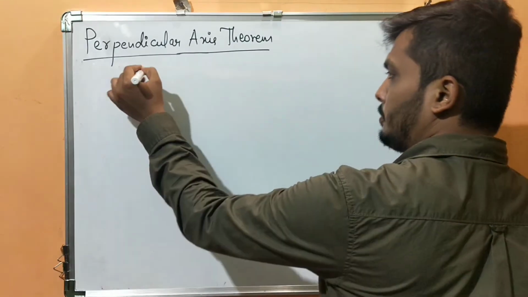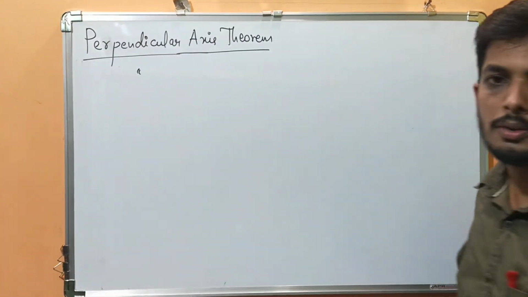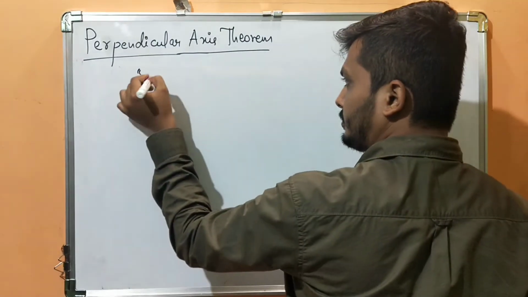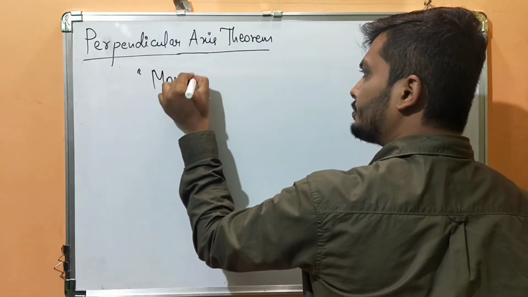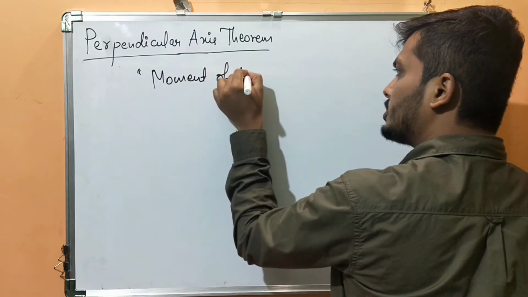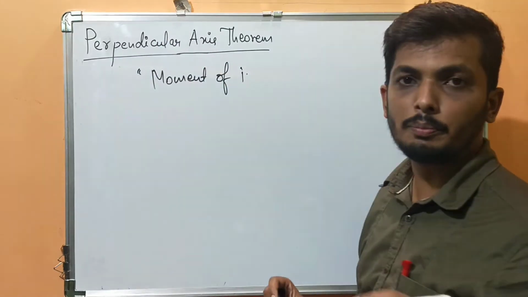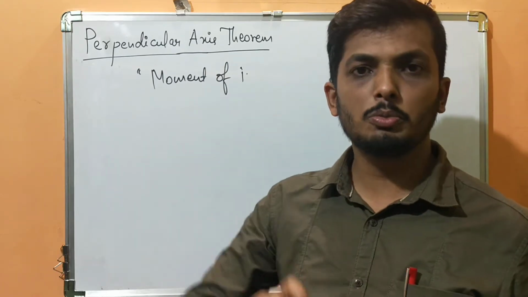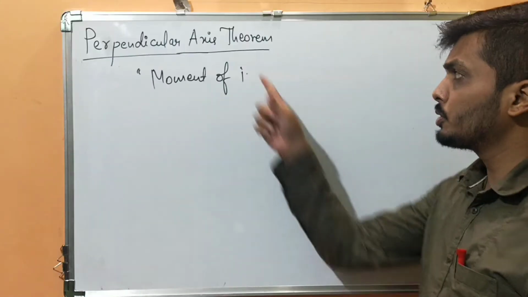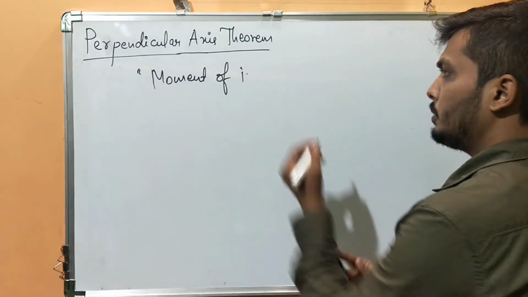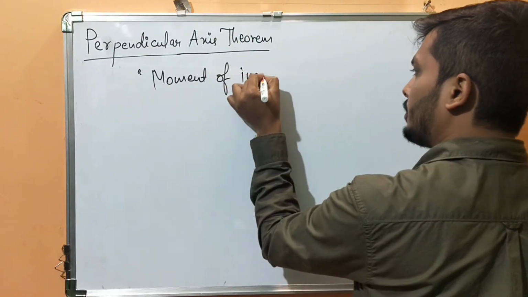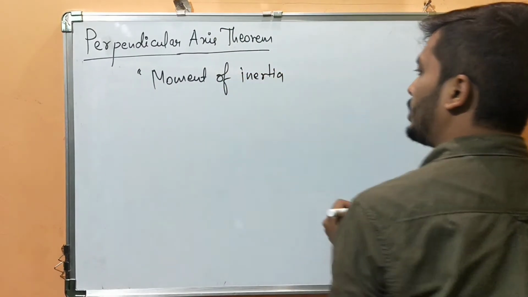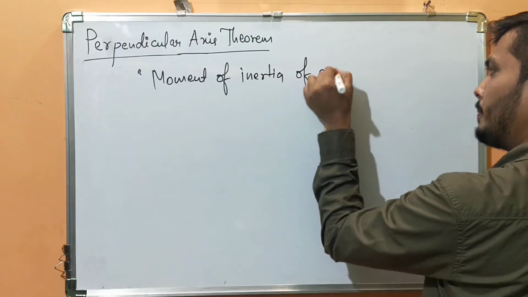So write the statement along with me. It's quite a big statement. So it states that moment of, see again the name itself is perpendicular, something to do with a 90-degree axis. Definitely axis, it's a rotational motion, we have to consider the axis of rotation, and theorem is something to do with the proof. So it states that moment of inertia of a plane